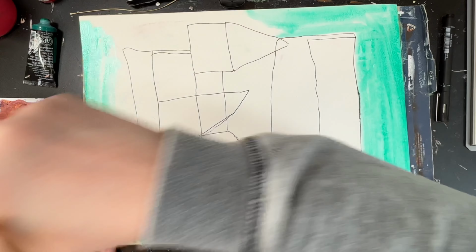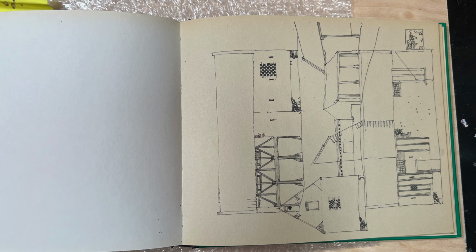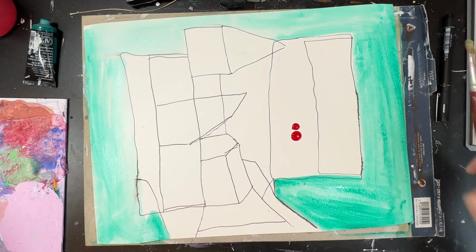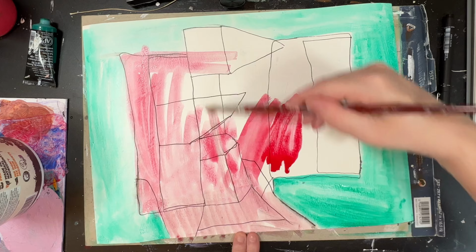So I am also doing this as part of a challenge. Here is the photo. It's on its side. It was the only way to fit it in the video. That's my sketch. So, like I says, I'm doing this as part of a challenge for a Facebook group that